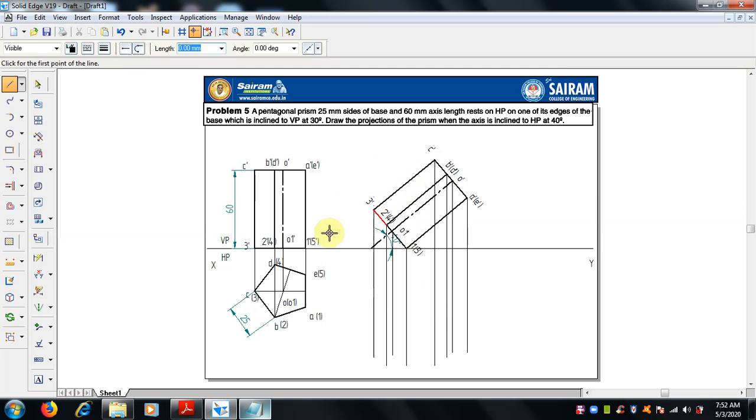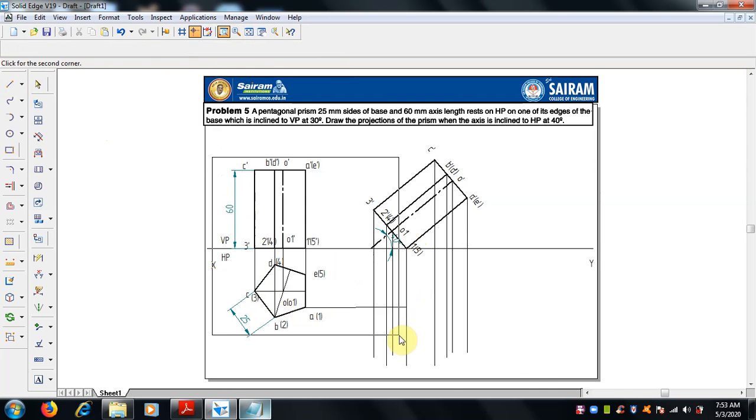There are two faces, the bases, one is bottom and the other top, two pentagonal bases. First let me start with the bottom face, 1 and 1 dash, where it meets. Let me zoom again.